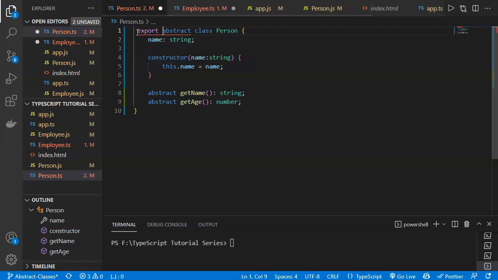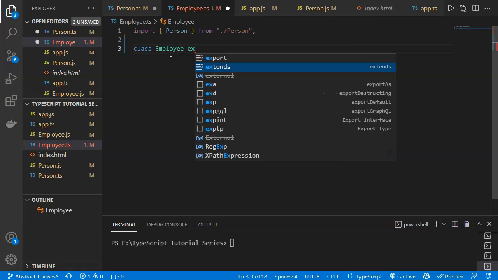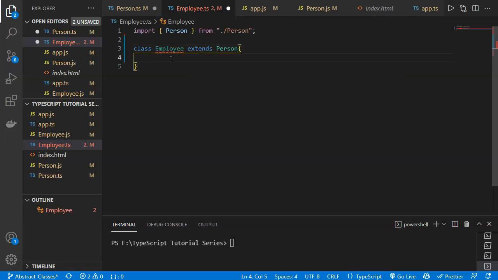Now we need to export the abstract class from here. It will be export abstract class. Now we need to import the abstract class in the employee.ts. It will be class Employee, and it will just extend Person. Then you will see it will show us the details. Then I will create one more property with the age, and it will be a number, and then we need to create a constructor, and the constructor will first contain the name, which will be given by the parent class. It will be name, a string, and then we need to define the age also. It will also be a number.